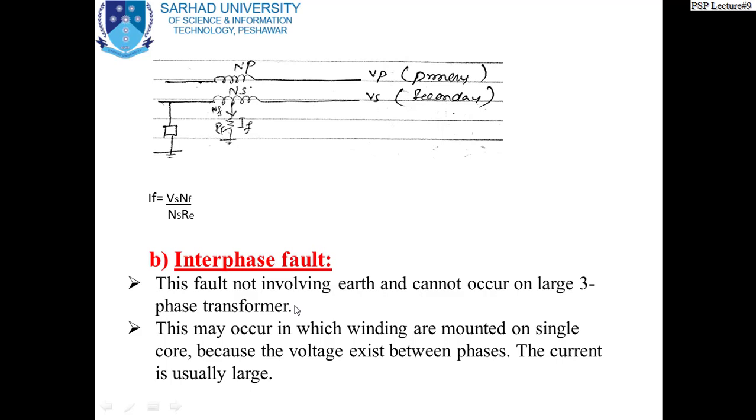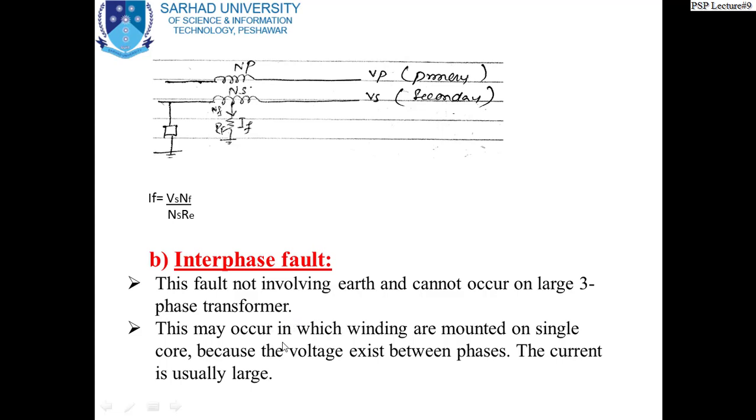You understand my point? I explained this when we were considering the power system, that either the three phases will be mounted on one core and in one container, or, when we have a large transformer, due to the large volume, the individual phases are in separate containers. So one phase in one container, second phase in another container, and third phase in the other container. Therefore, there is no direct connection between these phases.